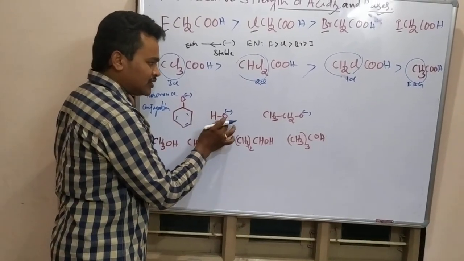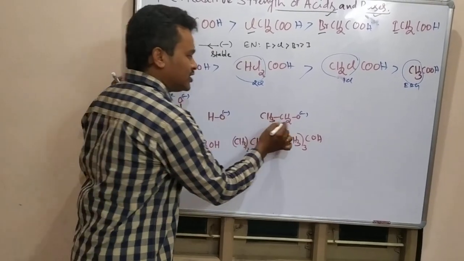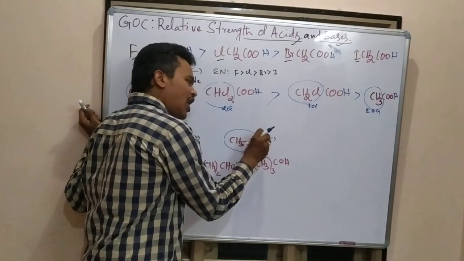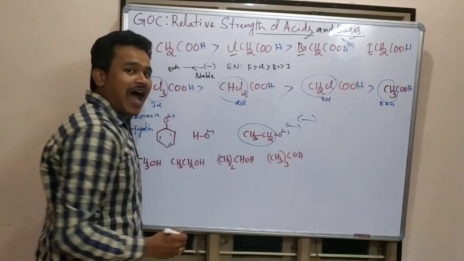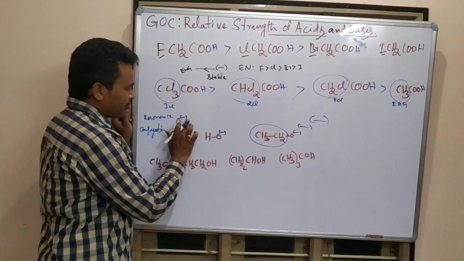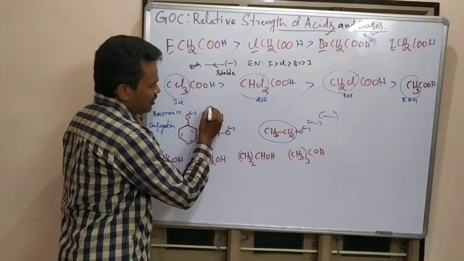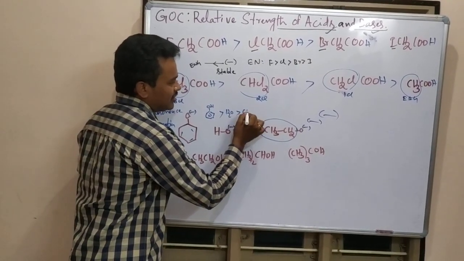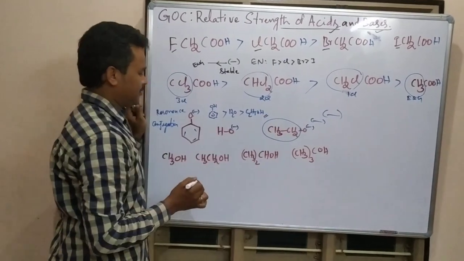After that, here just OH minus. Here H is not withdrawing, not releasing. This group is a donating group, donating electrons towards the oxide ion. So this negative will become more negative, so this will be unstable. The corresponding acid is also a weak acid. So what we can say? Phenol is a stronger acid than H2O, which is stronger than ethanol, C2H5OH. This is the correct answer.